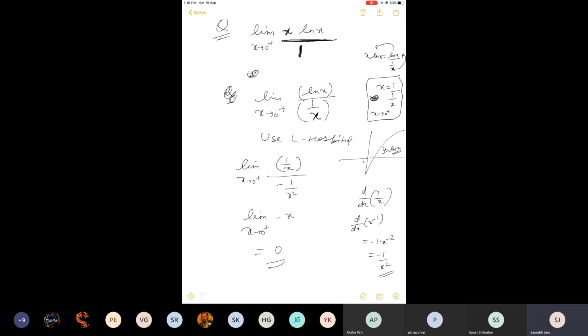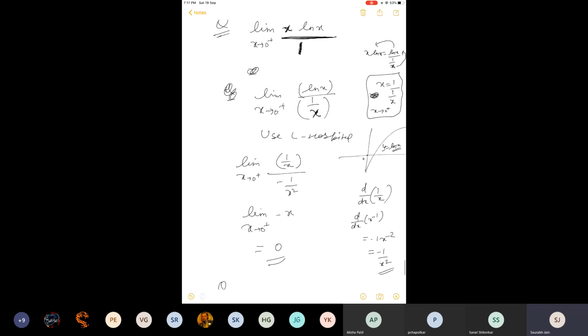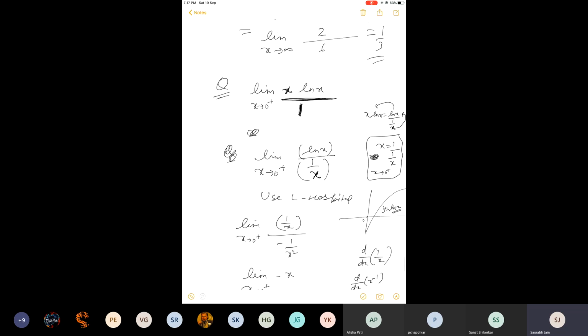Let me take one more question. I hope with this question you might have got some idea what exactly we are doing in L'Hospital. Let us see if you can solve this question. Limit x tends to pi by 2, sec x minus tan x. And I want to tell you one thing. Initially, the previous question was in which form? The question was in the form 0 into infinity.